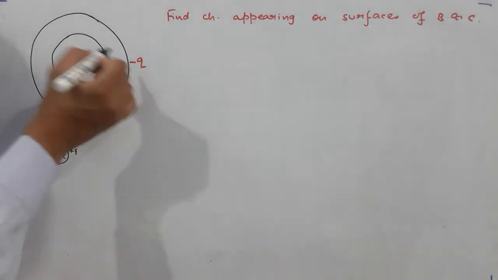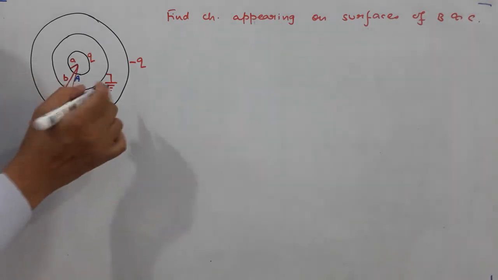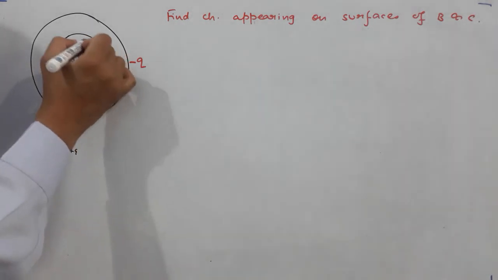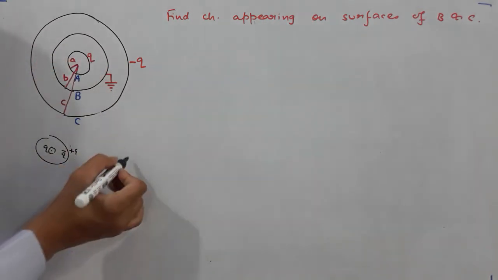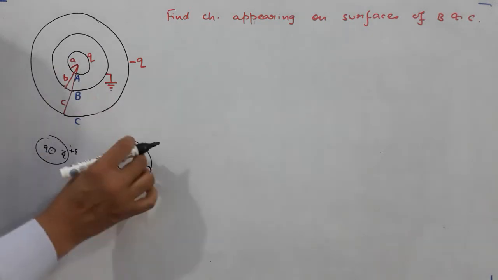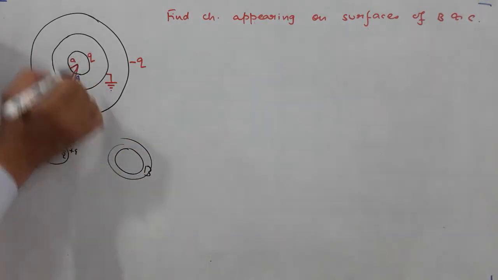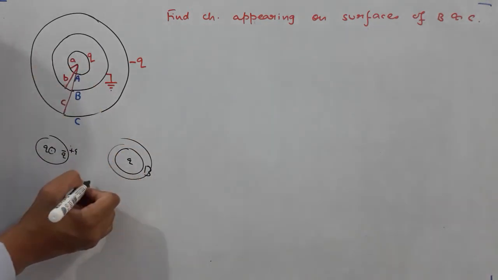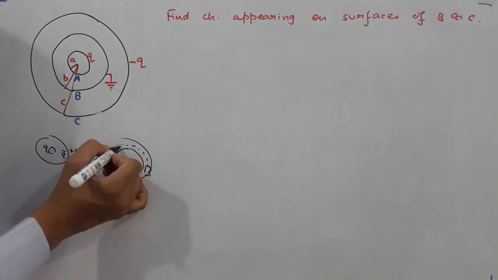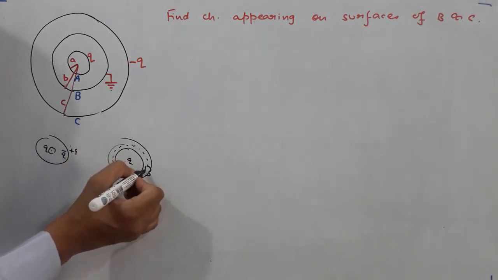But here there is one more cell. There are three cells. So if I draw this cell B like so, this is cell B. For the sake of clarity, I am drawing it thicker. At its center there is how much charge? Q. Now if you draw a Gaussian surface here, this Gaussian surface lies completely inside this spherical cell.